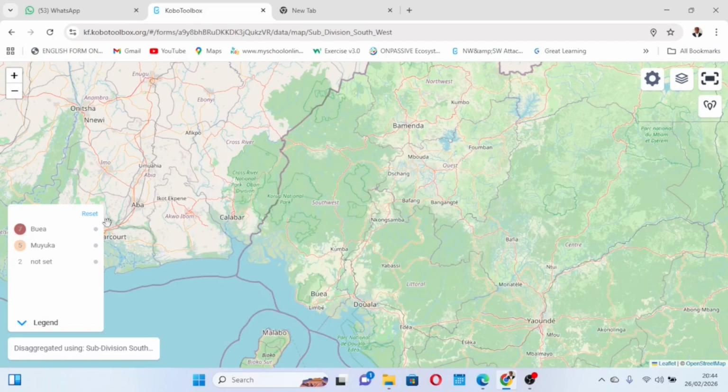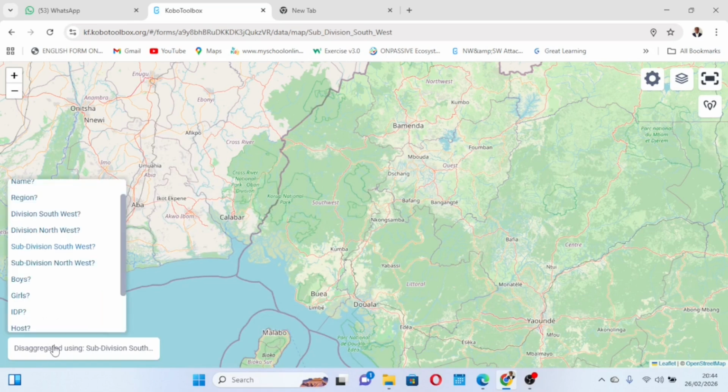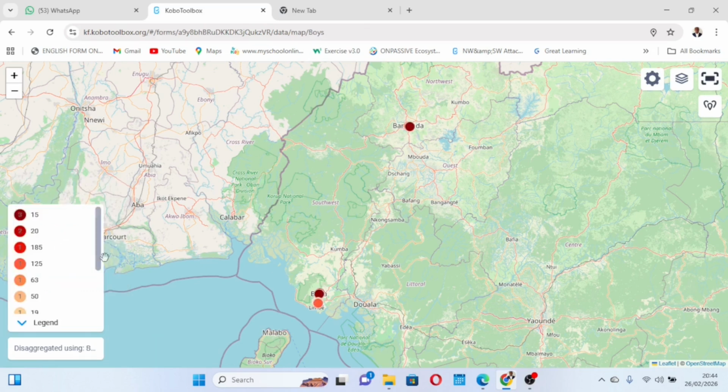So while I'm here, I can also disaggregate using different headers like the number of boys. Okay, I can just choose boys. You see that it gives me different numbers. Are you seeing here? So if I click this 15 here, it shows me that these 3 people submitted from Bamenda in northwest and also from Boya in